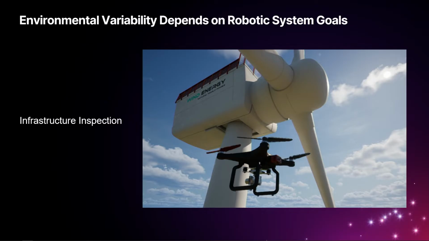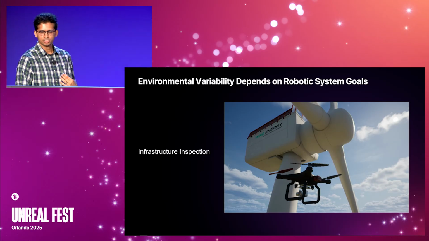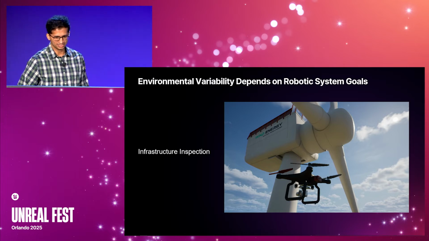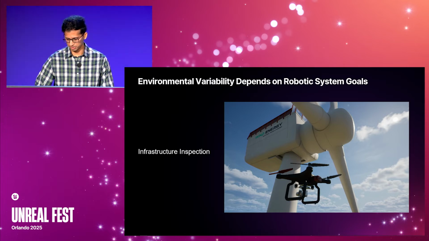Things like infrastructure inspection, it's pretty huge in the drone space today, both drones and the other class of robots, which often involves these, not so niche, but I guess maybe more niche from a gaming point of view, stuff like turbines or solar panels and different kinds of buildings and so on and so forth, cell towers and stuff like that, which are not historically things that are hugely represented. So often there is effort involved in building up these objects or maybe scanning real life objects and bringing them back to sim. So again, everything is a rabbit hole in itself, or can be, depending on the approach that we take.